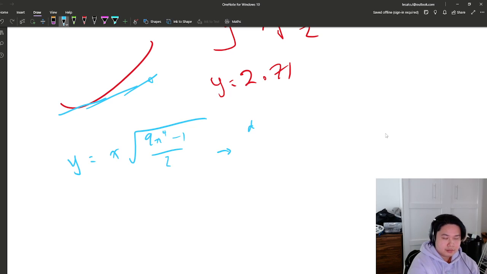Okay, time for a product rule. So derivative of x times the square root, plus the derivative of the square root times x. So derivative of the inside, because we have the chain rule, what the heck would it be? 36 over 2 x cubed times the x from the product rule